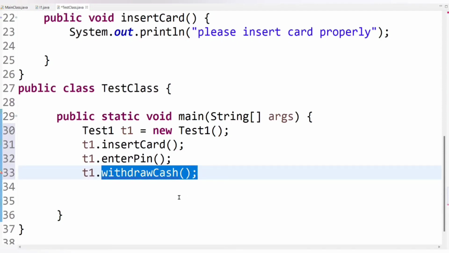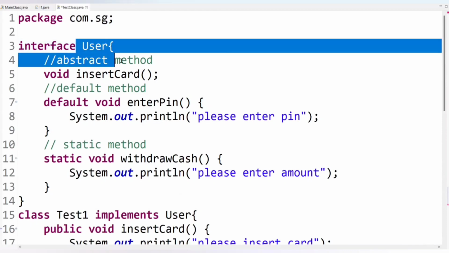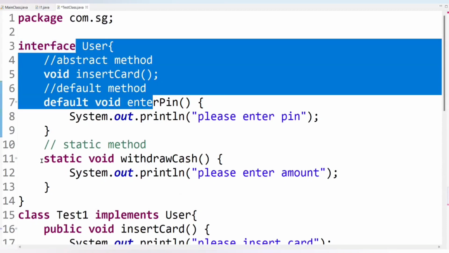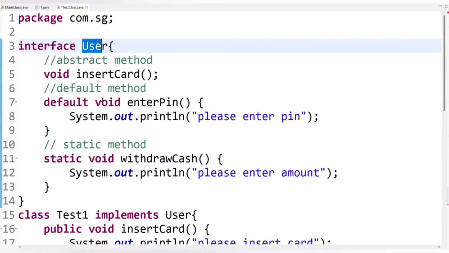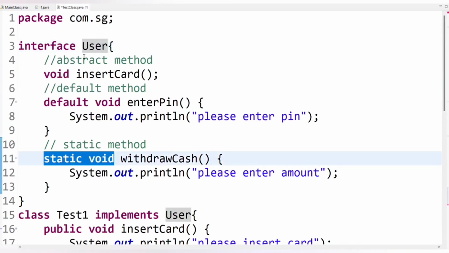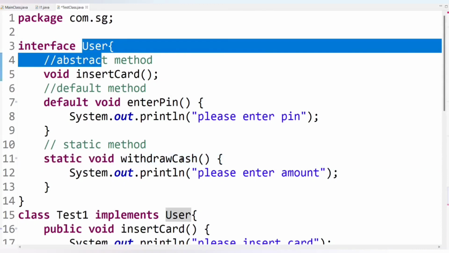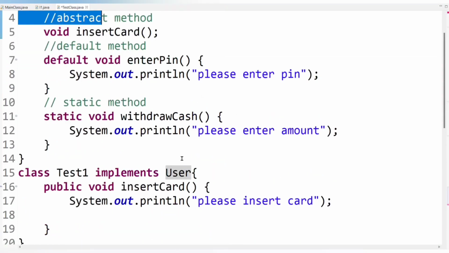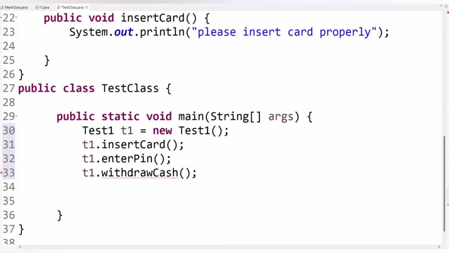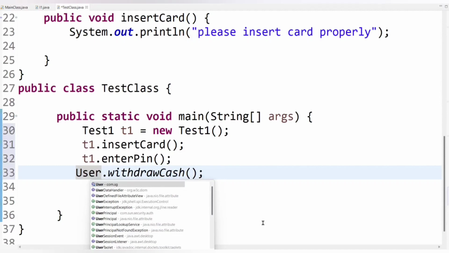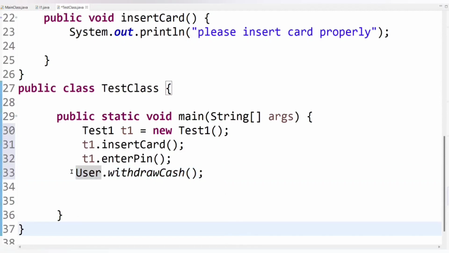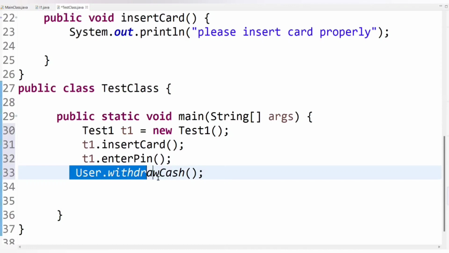method, and this static method I have created inside a user interface. So basically this static method belongs to a user interface. Okay, and hence we will need to call this static method using the user interface, same as class level static method. When we create a static method inside a class, then the static method belongs to a class and we will need to call it using the class name. Similarly here we will need to call the static method using the interface name. So here I have called this static method using the interface name, and it's user dot